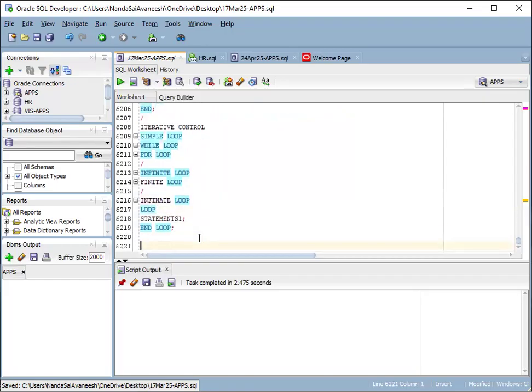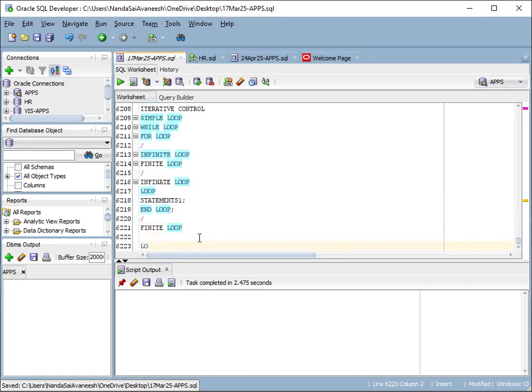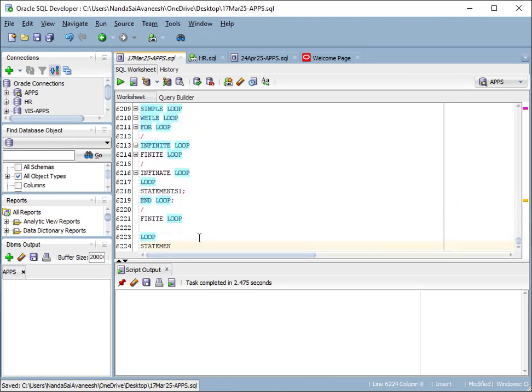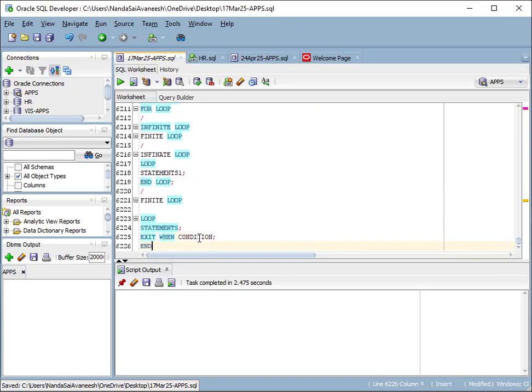Coming to the finite loop. So the loop starts here, and after that statements, then exit when condition, end loop. This is the syntax you have to follow. So when you use this infinite loop, what will happen? The program will be terminated in between, because of memory issues. Due to that, we have to use the